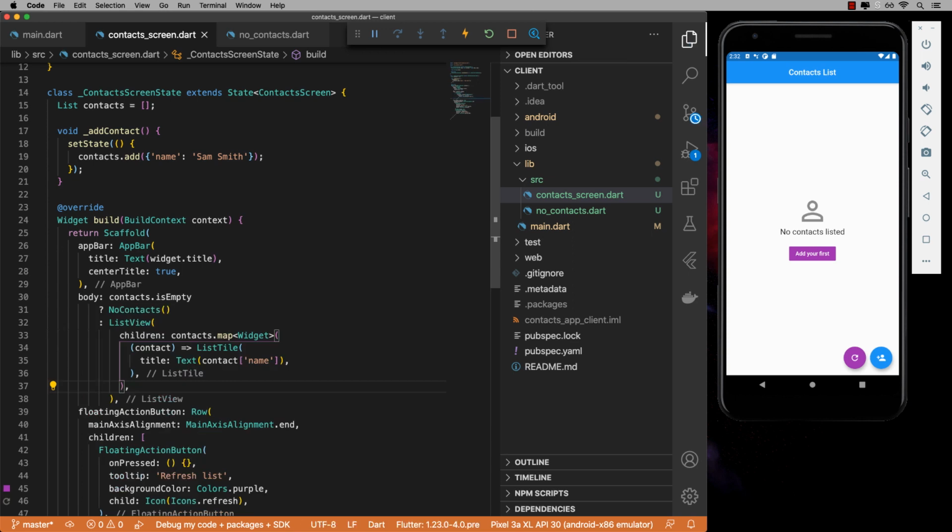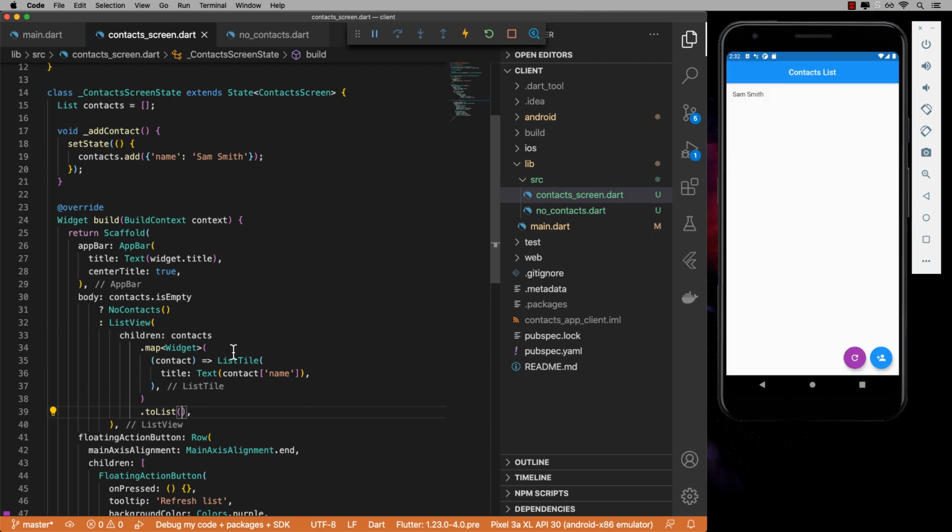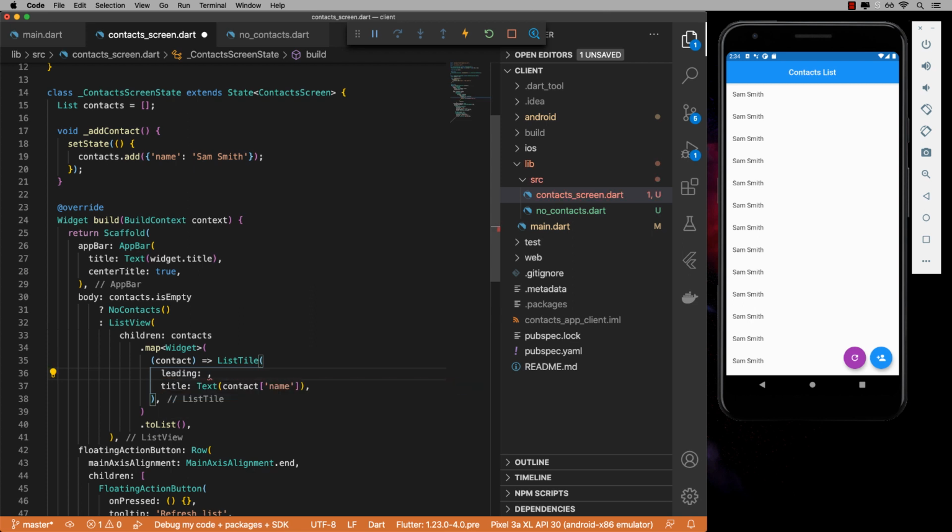So let's save that, and let's go ahead and test this out. So I'll click that. I always forget to do this. So whenever we map over that, we need to convert it to a list like such. Okay, so we got Sam Smith. I'll go ahead and we add another one and so on and so forth. Okay, this list style also takes in a leading section. We'll just have circle avatar,